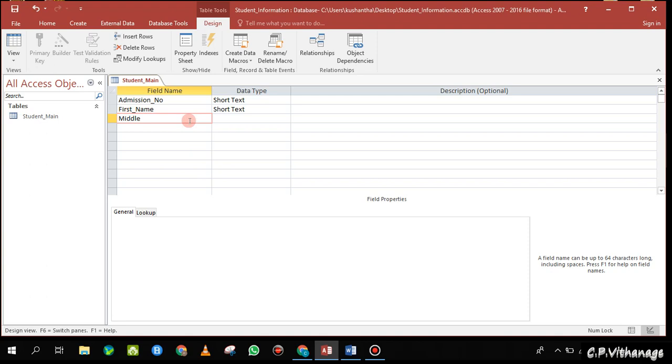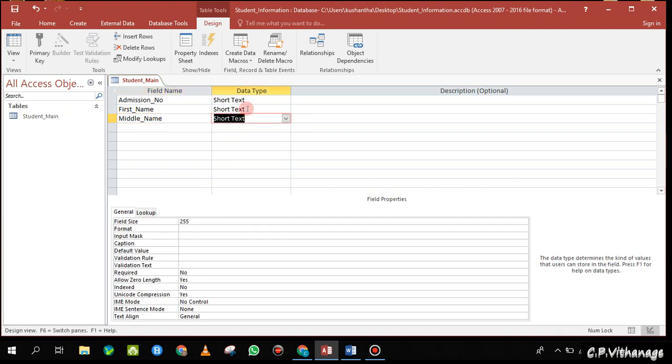And in our country we are using something called a family name, so that also you can put, since most of the students will have that. If you want to get all the details of the student, then you have to have that part also. Middle name,